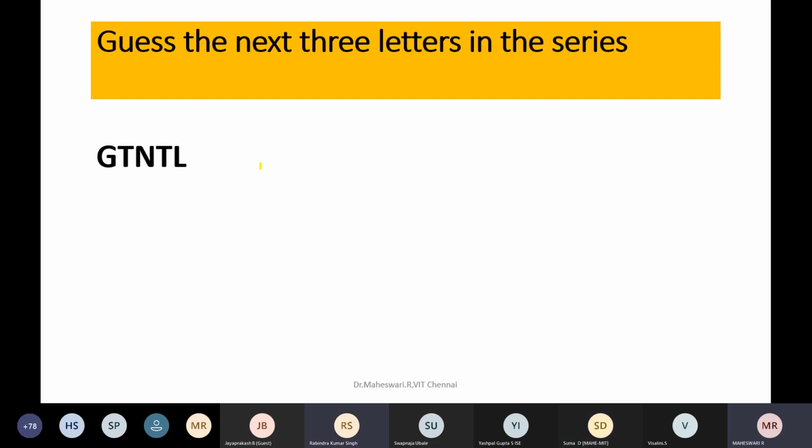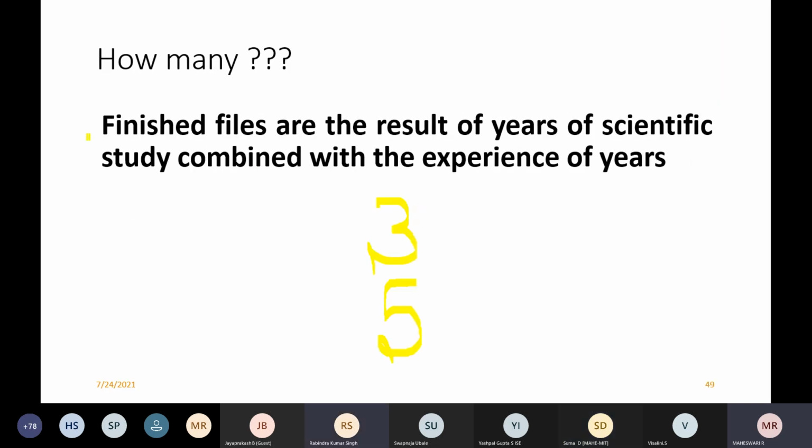Mostly we will forget about it. So I have one F here: 1, 2, 3, 4, 5, and 6.